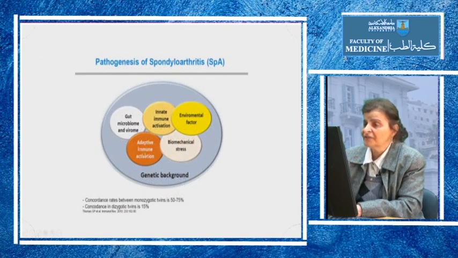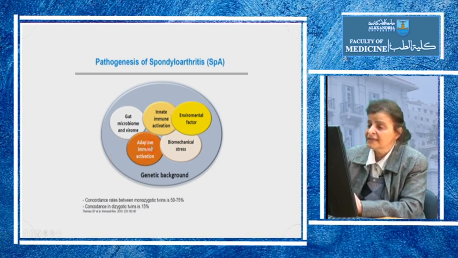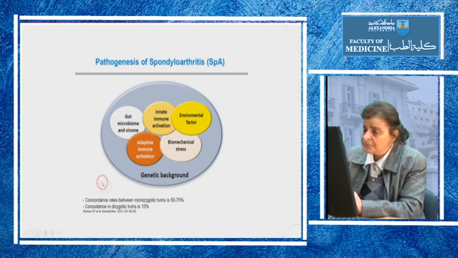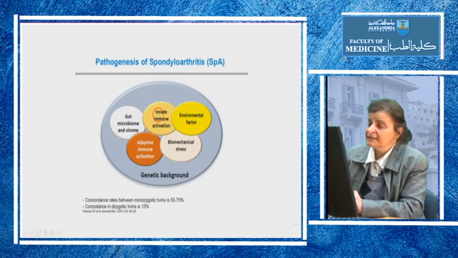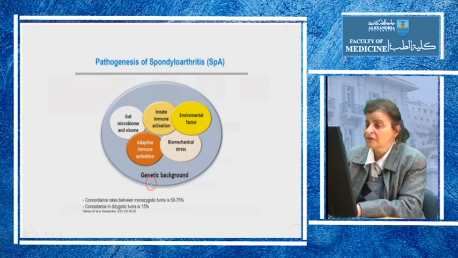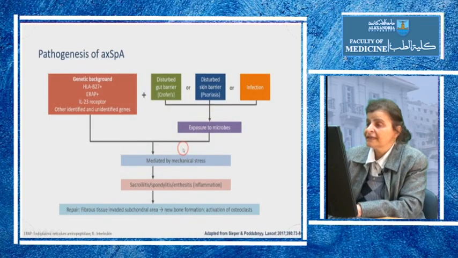So when you think about the pathogenesis of spondyloarthritis, know that we need a genetic background, we need an environmental trigger, we need some sort of abnormality in the innate and adaptive immune system. We need disturbances in the gut microbe and some sort of biochemical stress. When all these come together, our patients will get